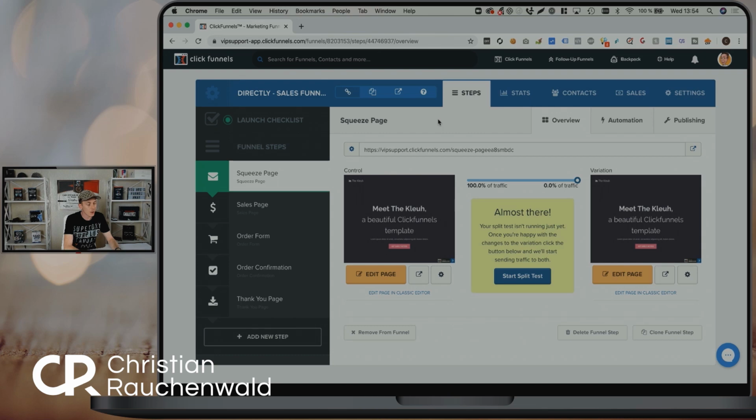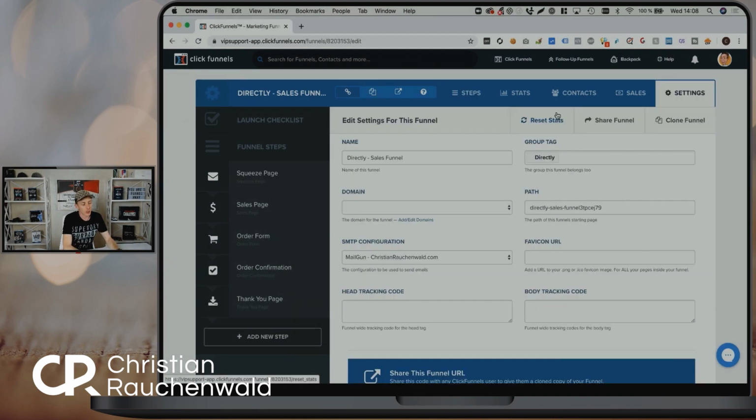As you can see here, I have a funnel set up with a split test to show you all the different funnel paths that exist. Now, there are 3 locations where you can change and influence the path of your funnel and funnel pages, and I'm going to show you all of them and explain exactly how it works.